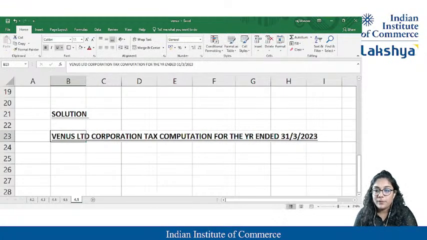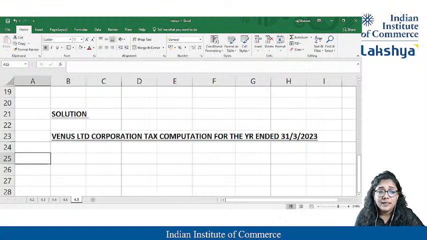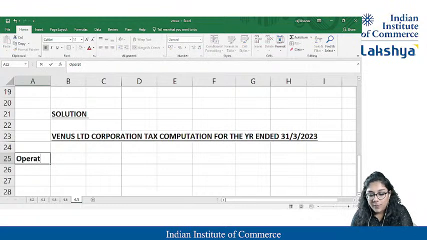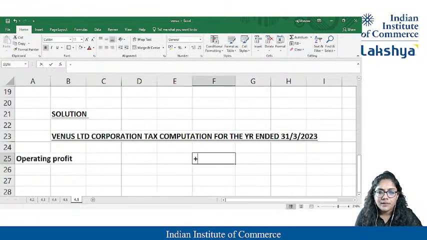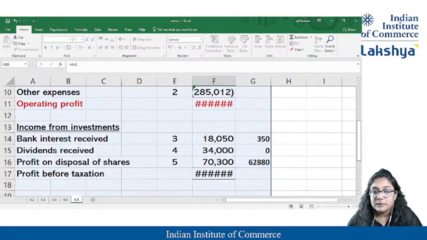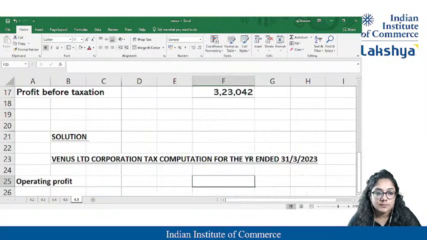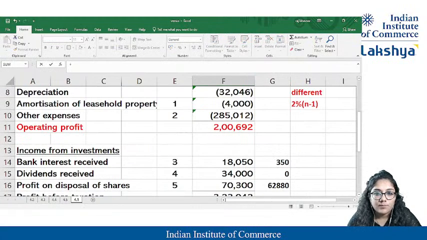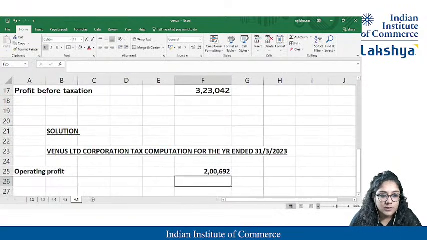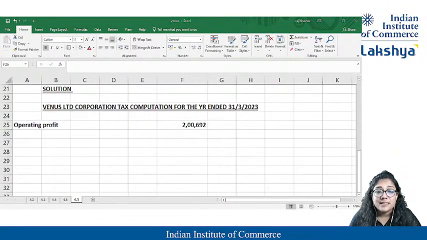Cool. Chalo. Let's start by writing the first operating thing, so I have to write operating profit over here. Is this something which is available in the question? Yeah. I'll just make it big, guys. I'm getting this is a loss operating. Cool. So this is a profit. This is an operating profit.